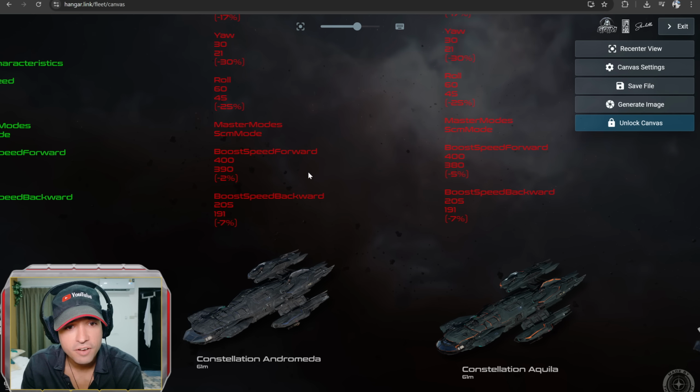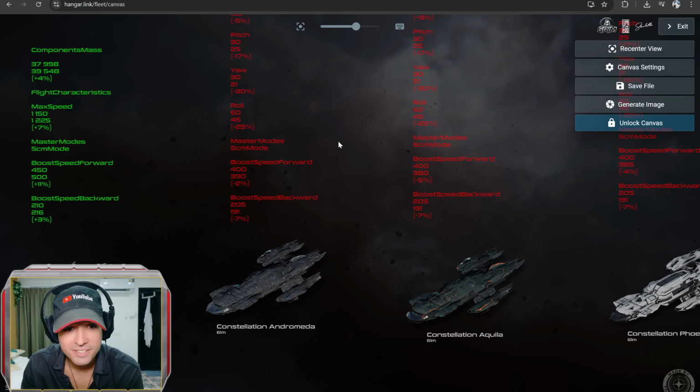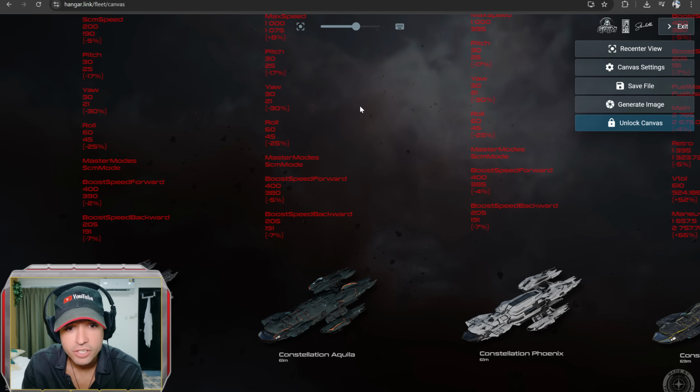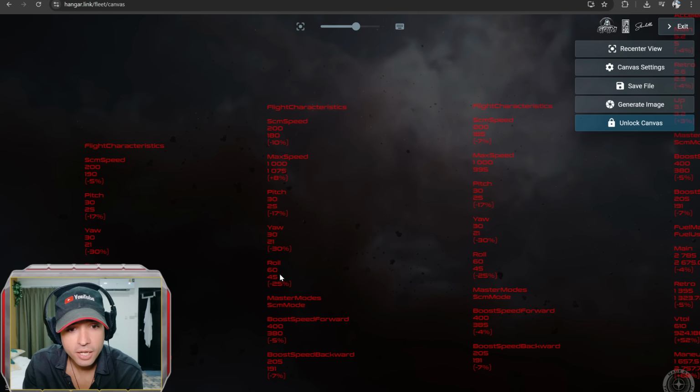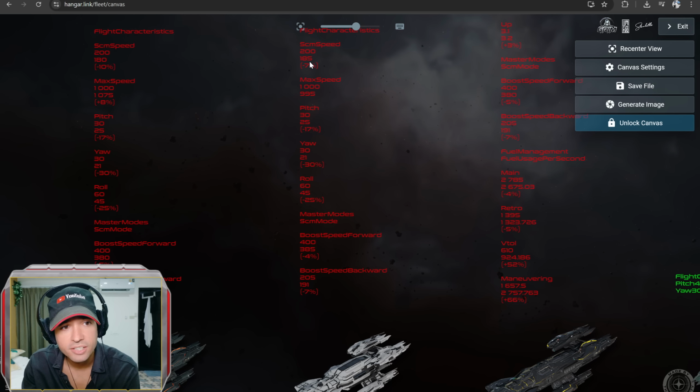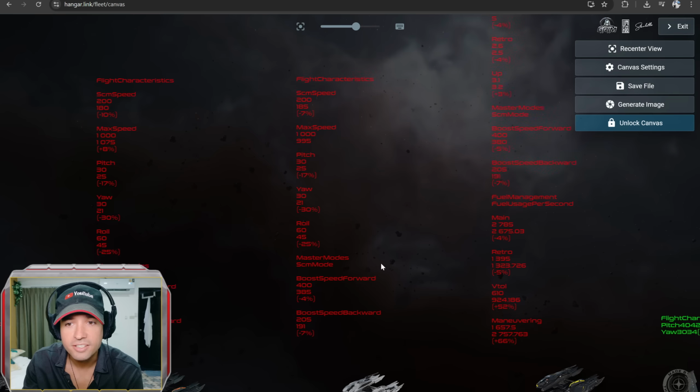Roll minus 25%. Forward and backward speed slight nerfs. We'll find the same here on the Aquila, although heavier nerfs on the speeds and similar nerfs on the mobility and maneuverability, except that it gets a little slower. The Phoenix stays a little faster, but not as fast as the Andromeda, but also gets the same hits on